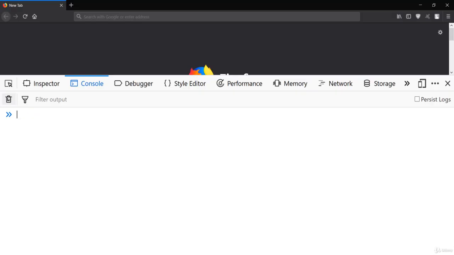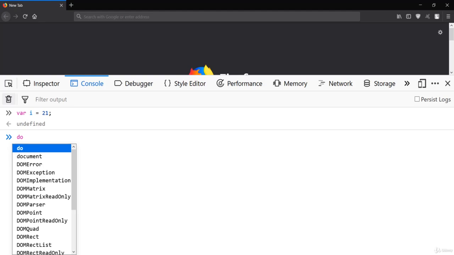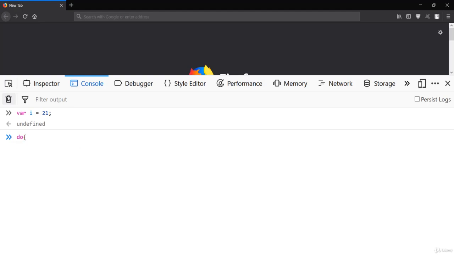So let me take an example over here. Let me create the variable. I'll give the name, let me say I, and let me create this do while, and I'll say do something for me. So I'll say console.log, and let me close this down over here.